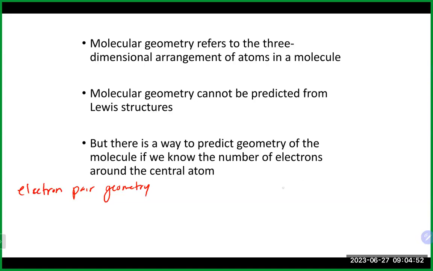And the other one is the molecular geometry, sometimes simply referred to as the shape of the molecule. As we'll talk about, the electron pair geometry describes how the electrons are arranged around the central atom in three-dimensional space. The molecular geometry, or the molecular shape, basically describes overall, taking into account all the electrons that are